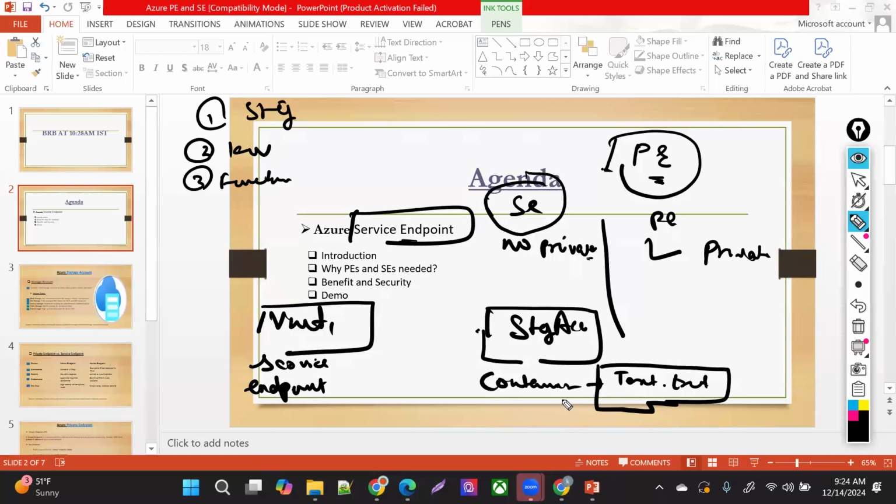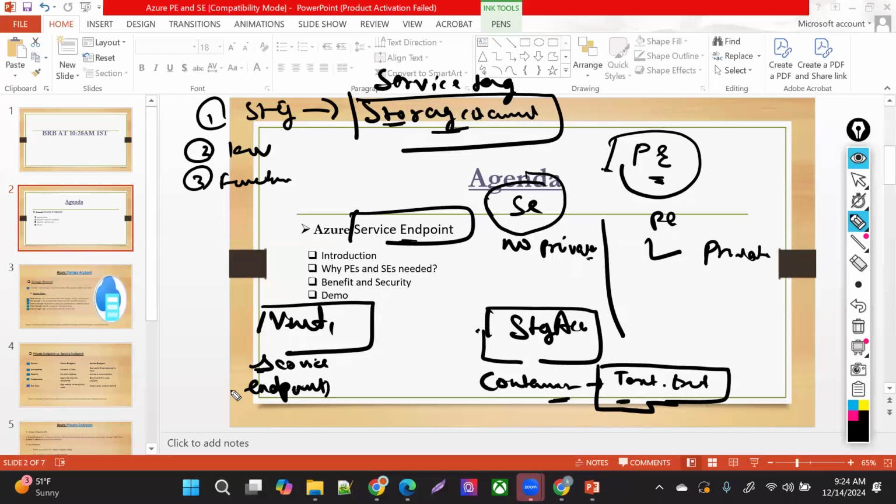Here you're accessing a container inside that blob, so for the container inside the blob, you're going to create the service endpoint and you're going to see those tags. We call them service tags. Here I'm accessing my storage account, so I'm using the storage account service tag. I'm going to create that service endpoint inside that VNet for the storage account tag.